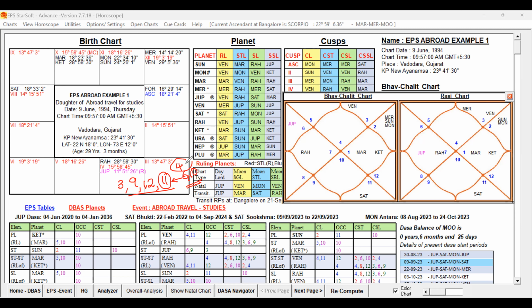So 4th house in general... the unfavorable houses to abroad travel are 2nd house, 4th house and 8th house. We can say they are non-supportive houses, because 2nd house is 12th house to the 3rd house. It is talking about money also. It is talking about family also. And it is the 12th house to the 3rd house. It is because the 2nd house is an earthy sign in the natural zodiac, Taurus. So 3rd house is Gemini. So the 12th house to this third house is talking about being present in the homeland.